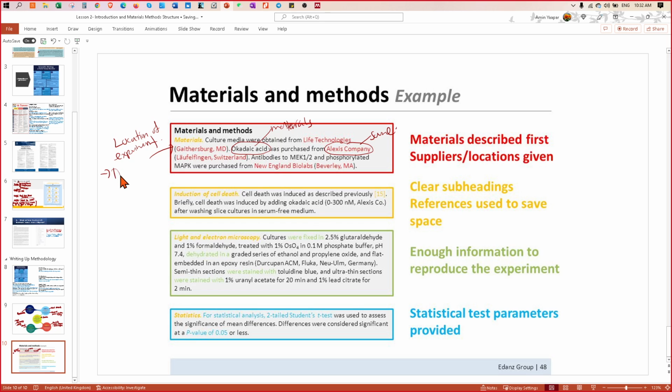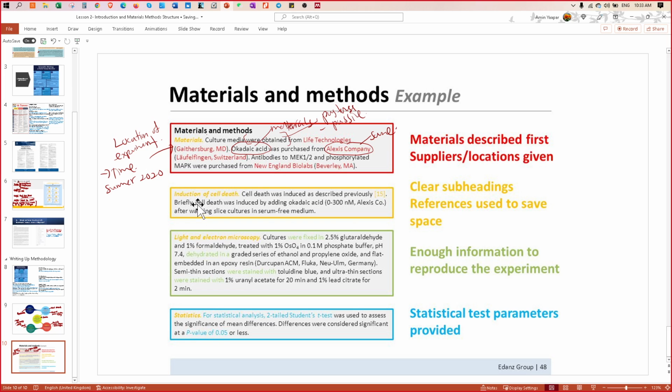Maybe the time as well. Maybe you did your experiment during the summer of 2020, something like that. Look at the way it was written. Culture media were obtained. Were obtained. So this is past tense, and also it's in the passive voice.